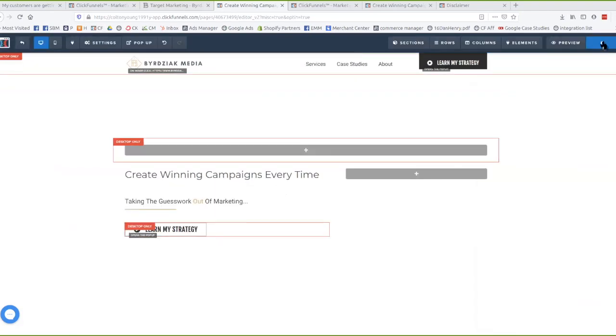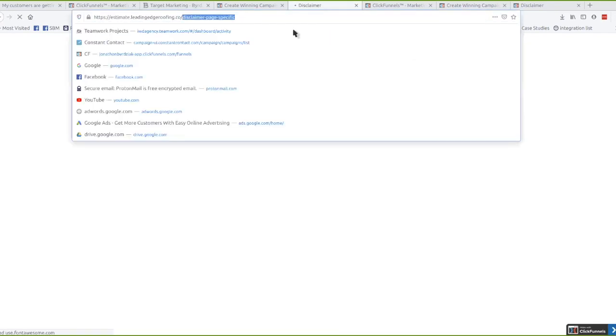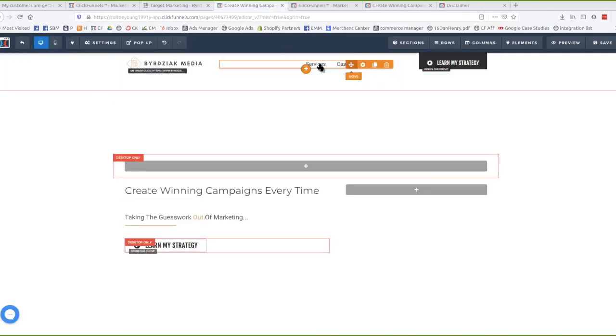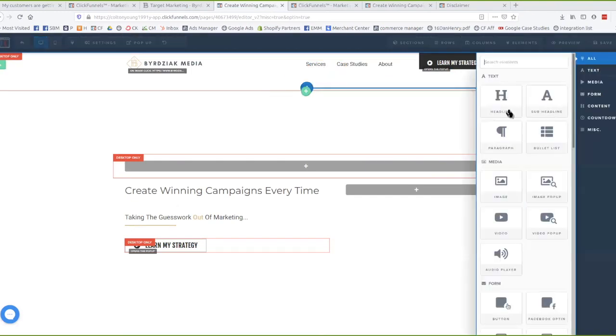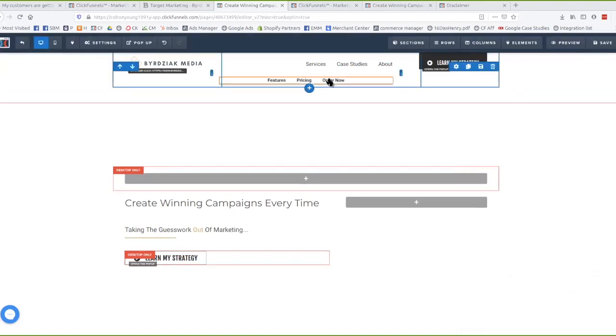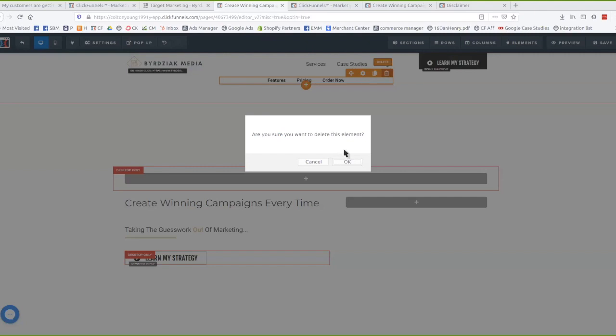and I save my page, when I go to preview it and hover over services, you can now see in the bottom left-hand corner of my screen the disclaimer new path. If I click on it, it will open up the page-specific URL for that step. So that's one way. This element type is a navigation element type. So whenever I click that, now I can go to settings and I have links that I can create that are navigation links. The other way to create links